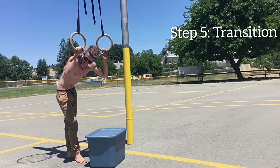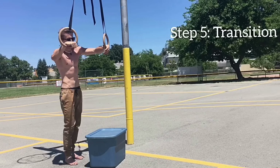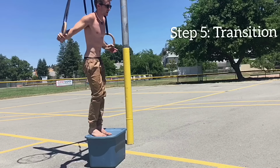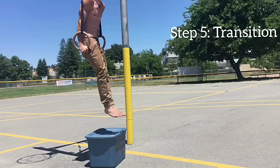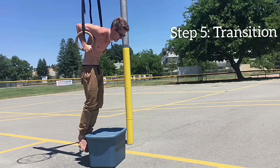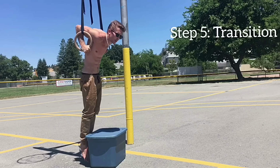Now on the way down, it's actually, in my opinion, more difficult to keep the false grip. So, there's a little technique trick I like to do. So we're gonna first start up in the top position, okay? We're gonna come down, down, down. Now, once I get into my deep dip position, the next thing I wanna do